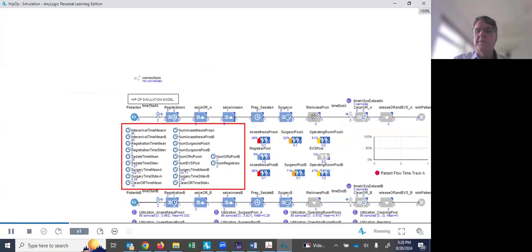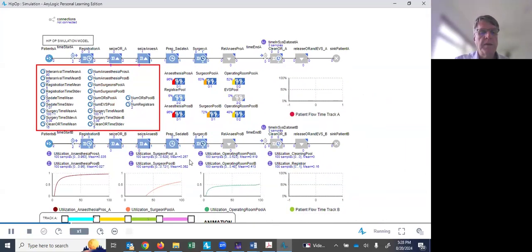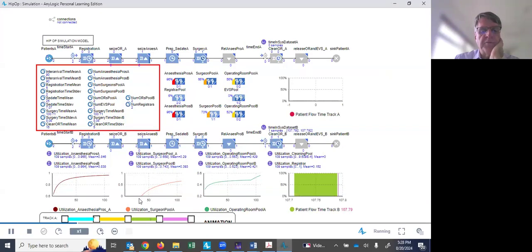So let me just see if I can resize this. Currently the person is in surgery here, and that's why the surgeon's time is increasing steadily. They were not involved for the sedation, but then after that. So here is a completion. You can see that person did complete the